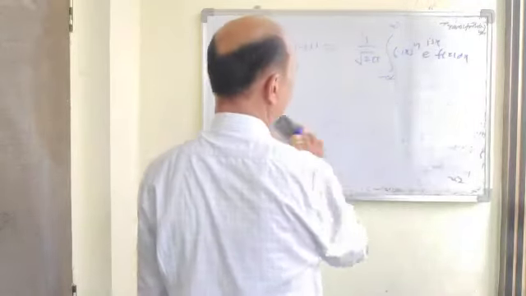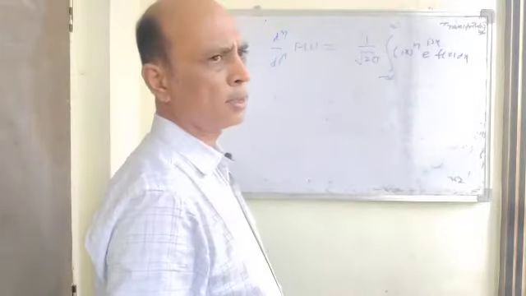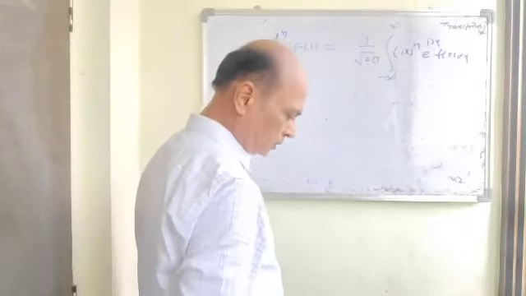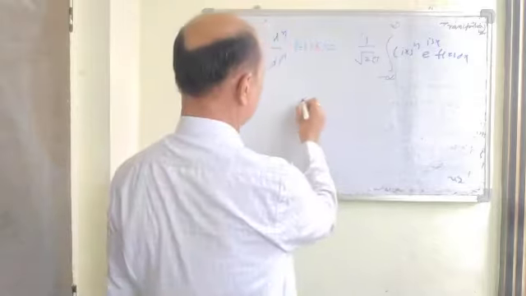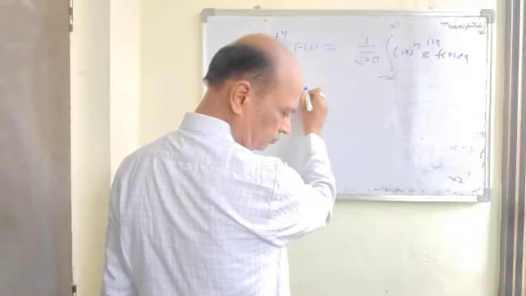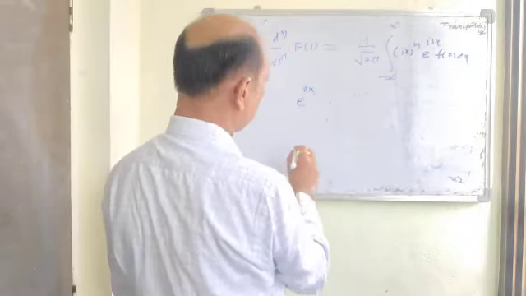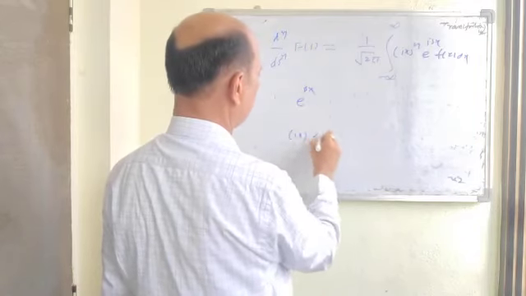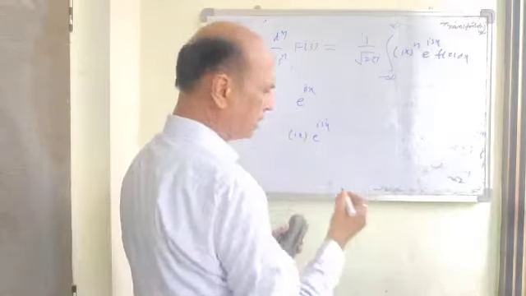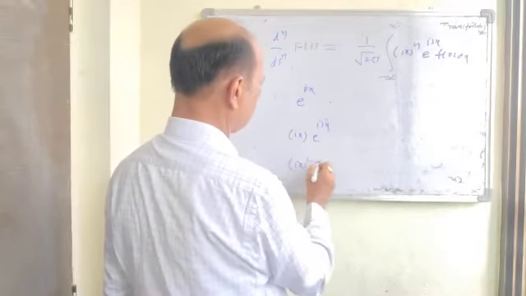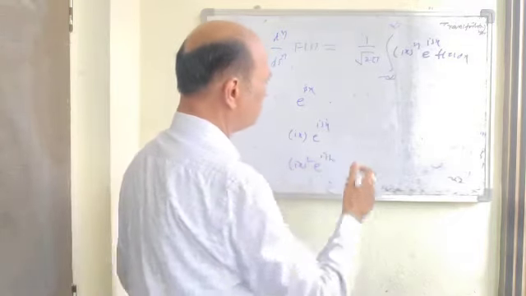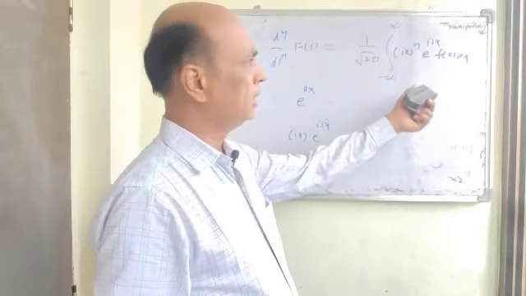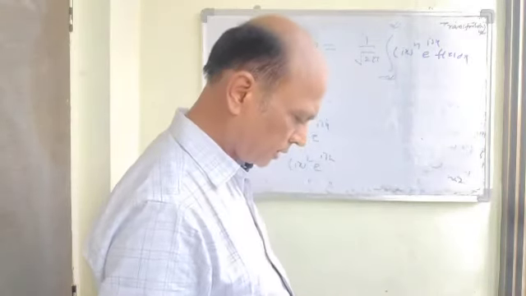How have we calculated this, (ix) to the power n? Suppose e to the power isx. What will be the first derivative with respect to s? ix e to the power isx. Second derivative, (ix) squared e to the power isx. So in this, that is (ix) to the power n e to the power isx f(x) dx.